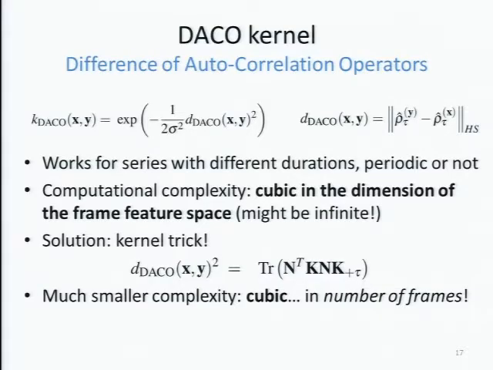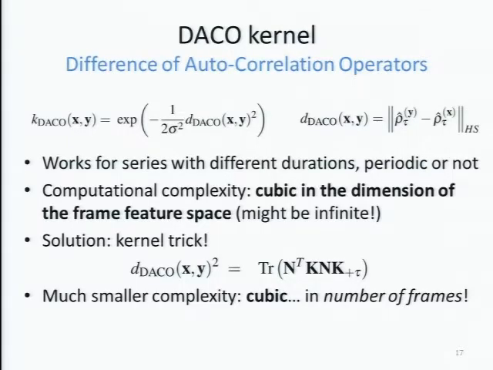But there's a solution, and it's a classical application of the kernel trick. So basically we're going to write a dual expression of this distance. And after rolling the computations, what you can see is that this distance can be expressed as a trace of products of various matrices. I won't go into the definition of these matrices, but what matters is that they can all be expressed with this capital K matrix, which is the kernel matrix of the evaluation of all pairs of frames. It's also called the self-similarity matrix. It's the between-frame similarity matrix.